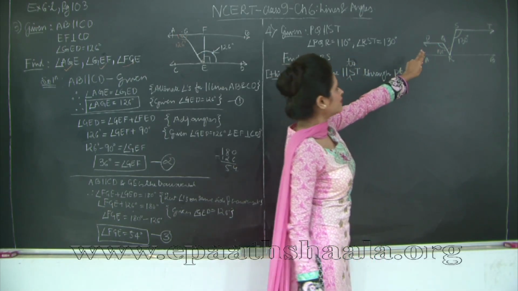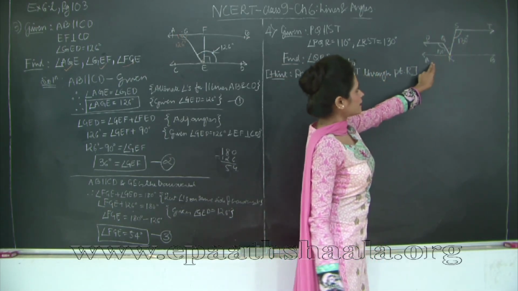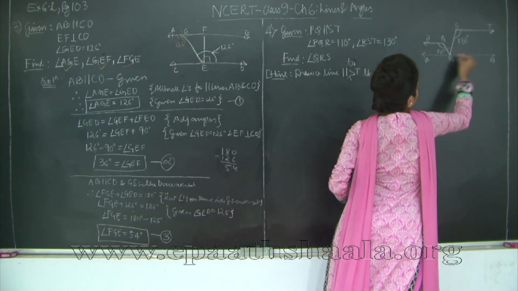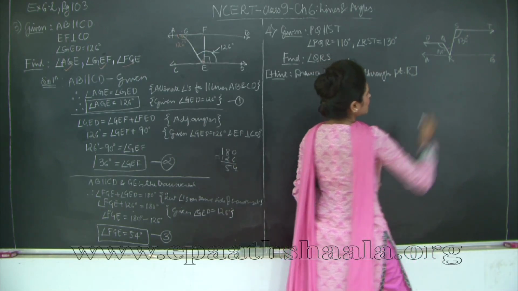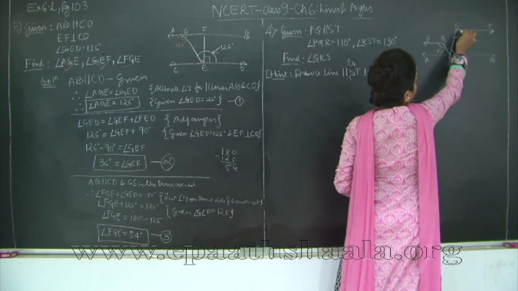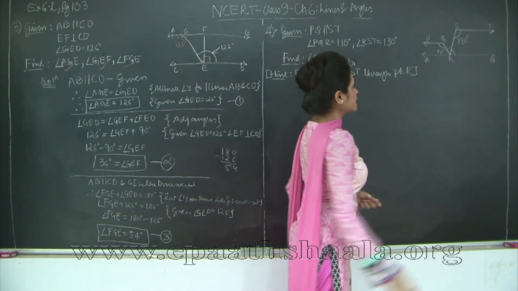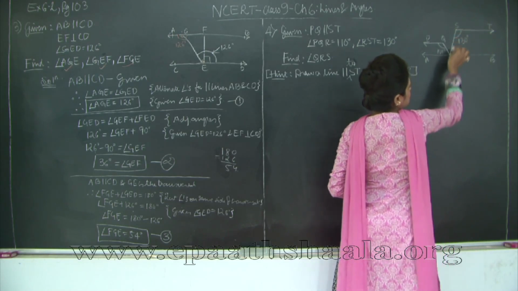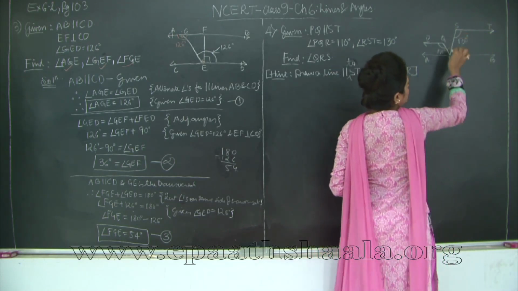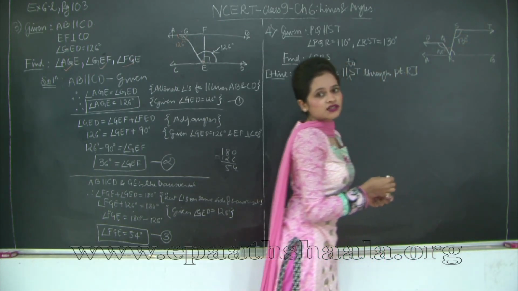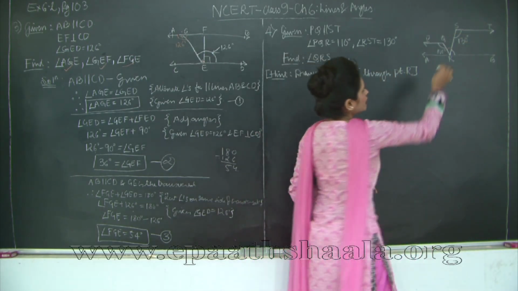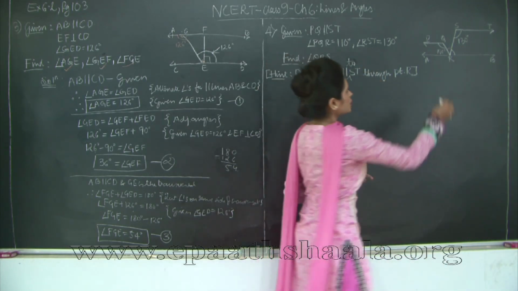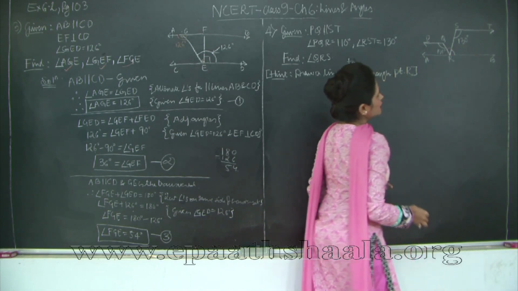So what do we have? We have PQ parallel to ST, which is parallel to AB. Correct? Now since these two lines are parallel, this angle out here and this angle out here are a pair of interior angles for parallel lines AB and ST, because we have the transversal SR. So the sum of interior angles on the same side of the transversal is going to be 180 degrees. Therefore, this angle is going to be 180 degrees minus 130 degrees. So we will get the measure of this angle, right?